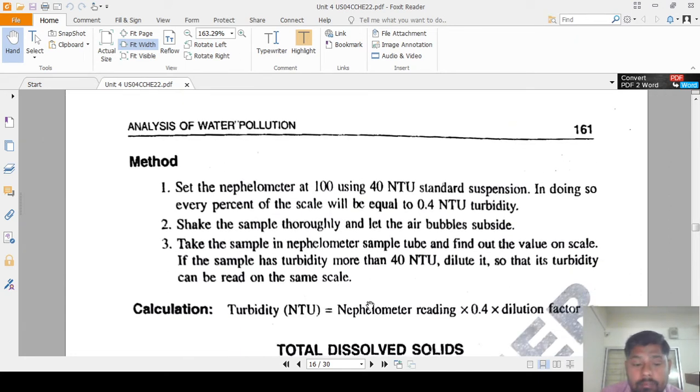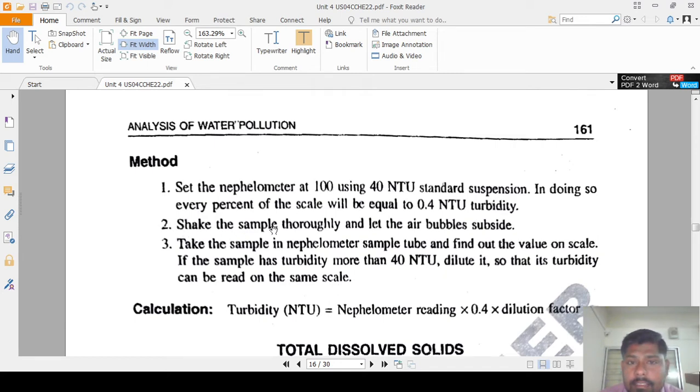After that, what is the method for the sample solution? Set the nephelometer for 100 using 40 NTU. Now you know what NTU is, it is a nephelometric turbidity unit. So, by using this 40 NTU standard suspension, set 100 in the nephelometer instrument,